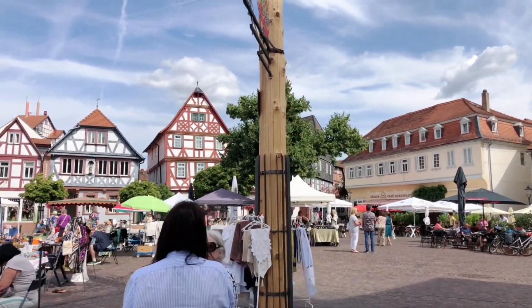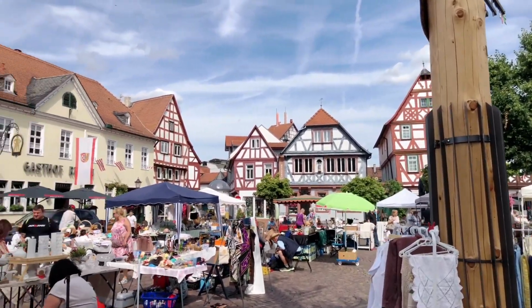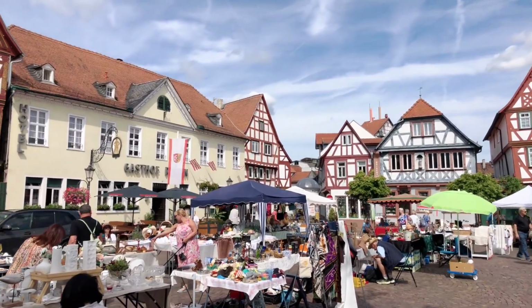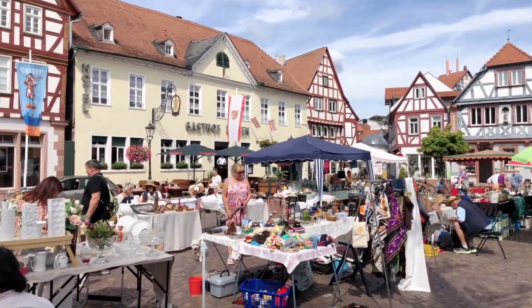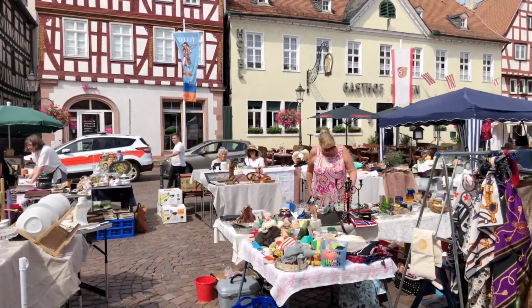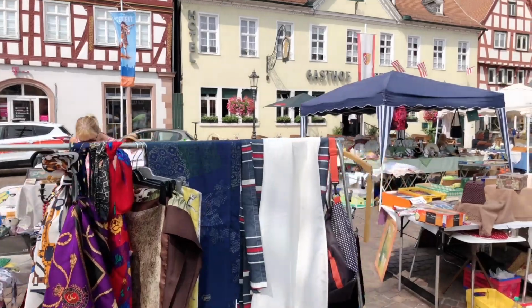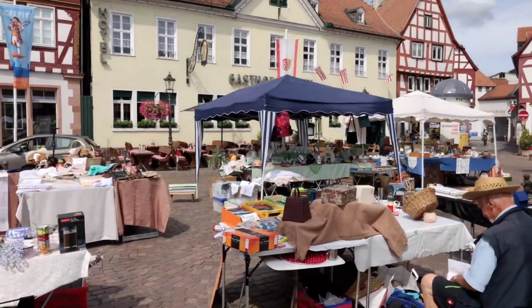They have all the advantages of that, but also they have the water. There's a creek running through Seligenstadt, which we'll visit soon. Today we have a bit of a Flohmarkt, it's called, sort of a flea market with lots of things to see and to buy, and there's all sorts of market happening during the week,